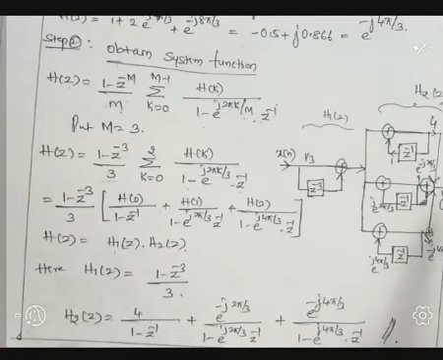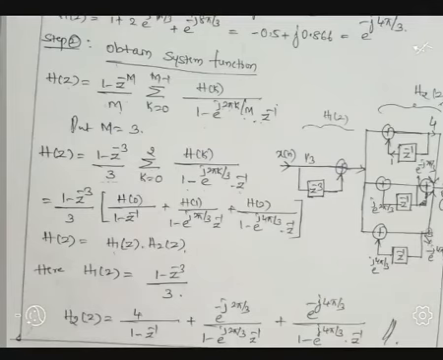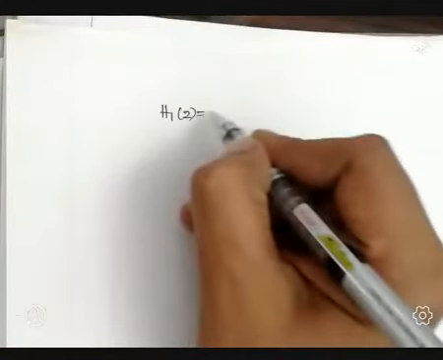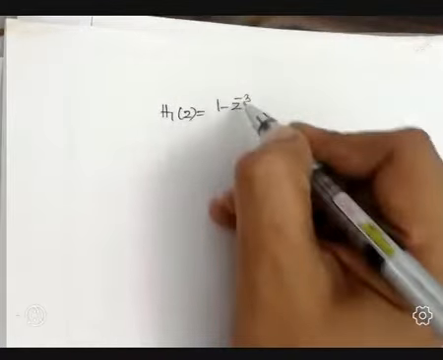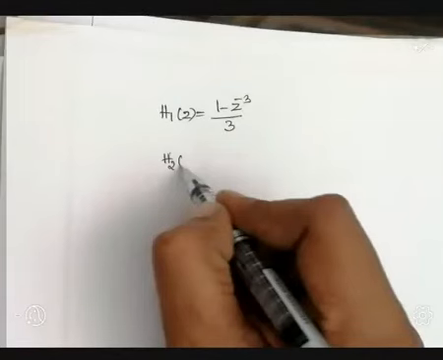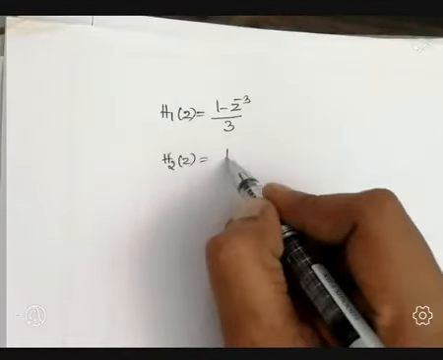Then we have to sketch the structure for this H1 object and H2 object. Let us sketch. First, I am going to write equations. H1 object is 1 minus z to the power minus 3 by 3. Okay. Next, H2 object equal to 4 divided by,